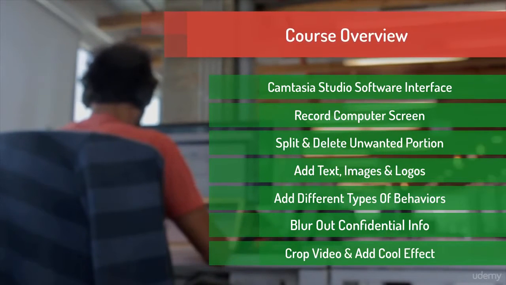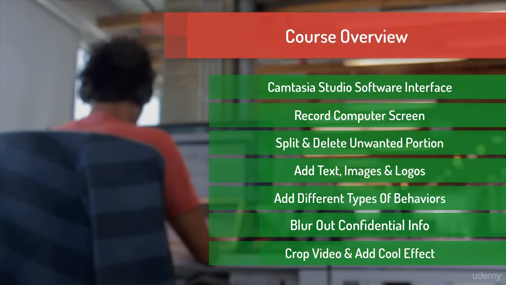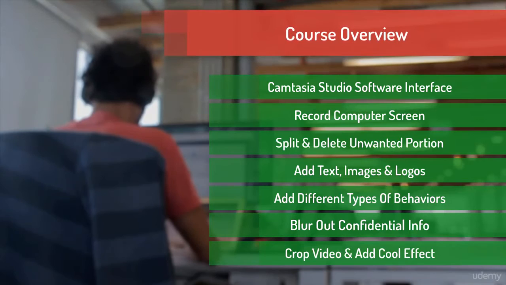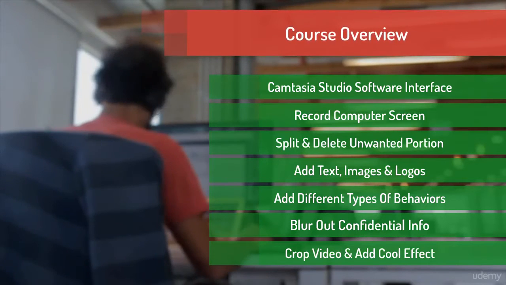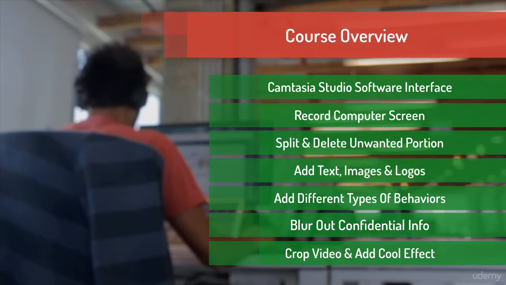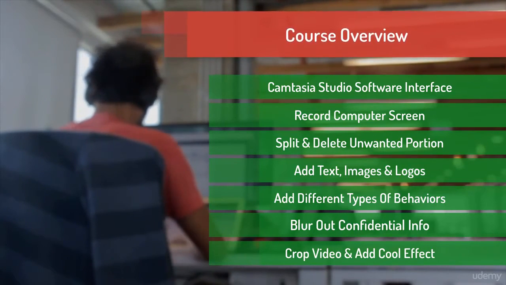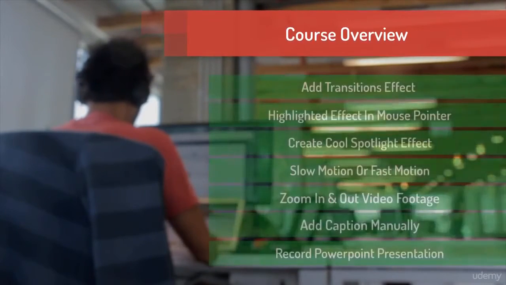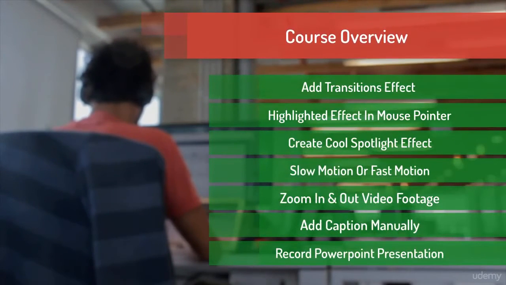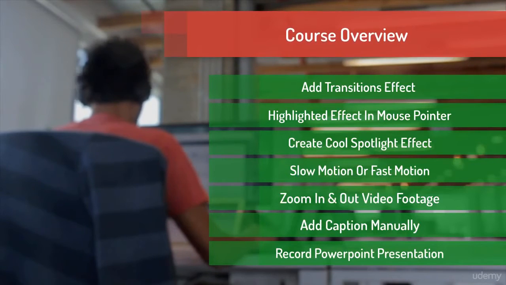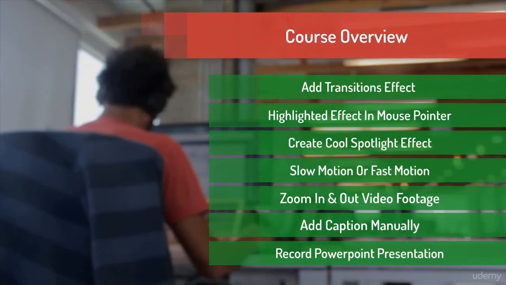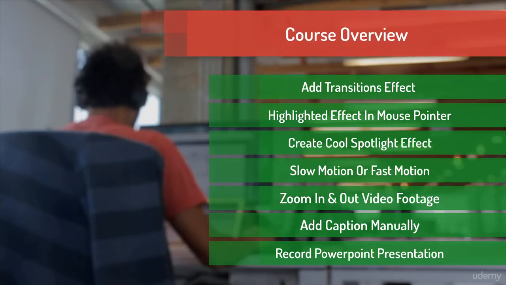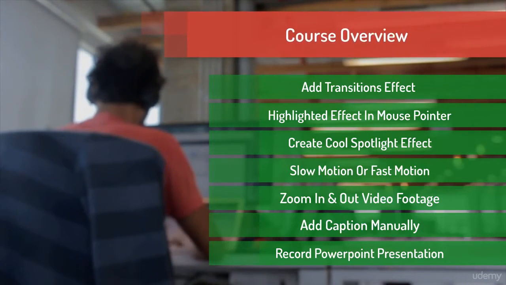and logos in your video, adding different types of transition behavior in our video clip, blur out any confidential info and watermark, crop video and adding some cool effects on it, adding different types of transition effects in our video, highlighted effect in mouse pointer, create super cool spotlight effect in your video, adding slow motion or fast motion effect